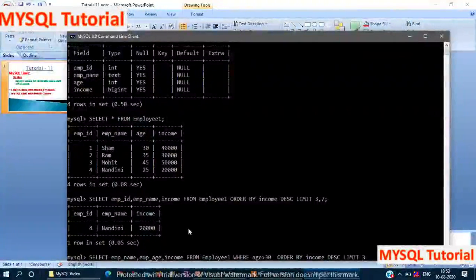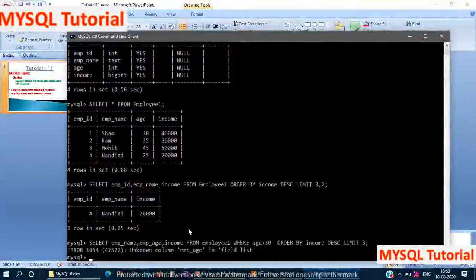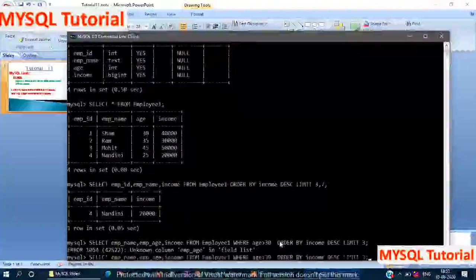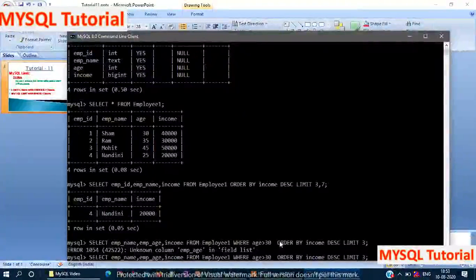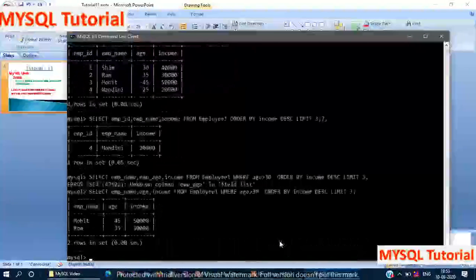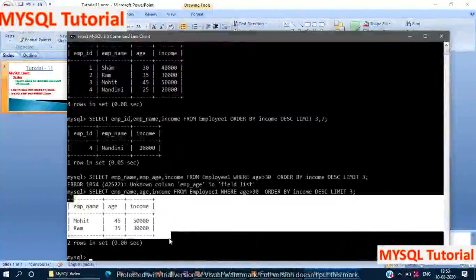You can see age. During table creation time we used only the age field. Here you can see we got this output.